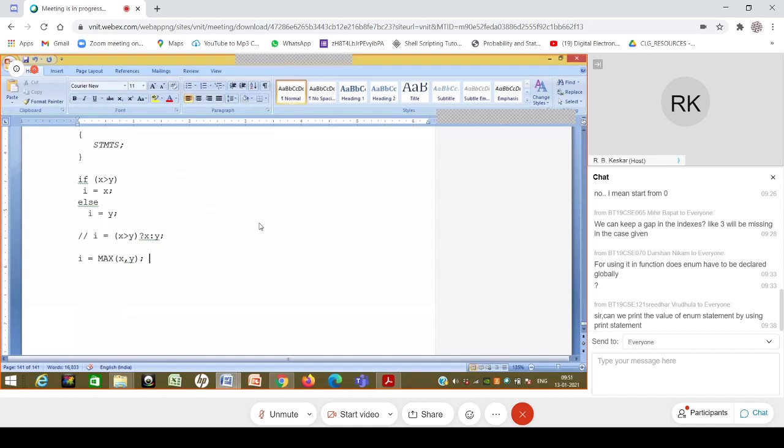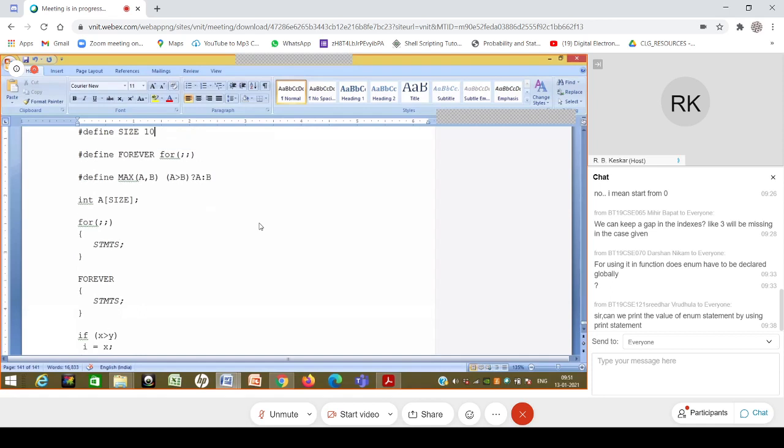But there are some cares that we need to take. For example, another macro which I can define, which looks very correct, is let's say square. So I can say hash define sqr of capital X is equal to x cross x. There is nothing, it doesn't look wrong, right?